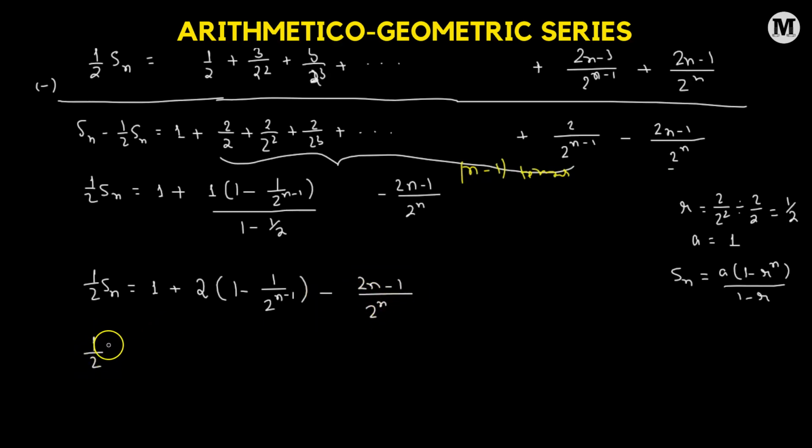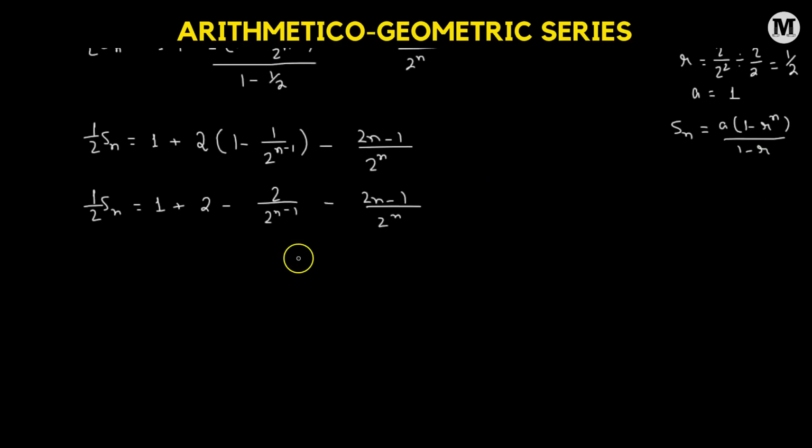So we have half Sn equals 1 plus 2 minus 2 divided by 2 raised to the power of n minus 1, minus 2n minus 1 divided by 2 raised to the power of n. Now we're going to get rid of the coefficient of Sn, which is half, on the left hand side, because we need to find out the sum to n terms Sn. To get rid of this, all we have to do is multiply both sides with 2. So we have Sn equals, here 1 plus 2 becomes 3. 3 multiplied by 2 becomes 6, minus 4 divided by 2 raised to the power of n minus 1, minus 2n minus 1